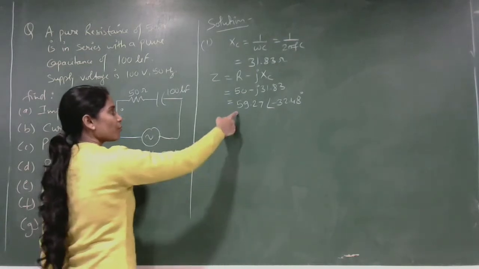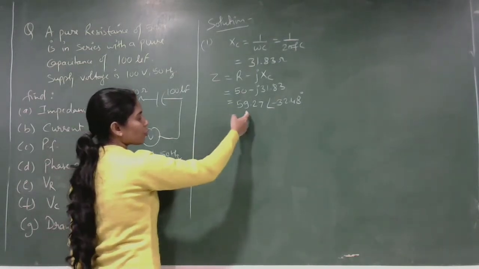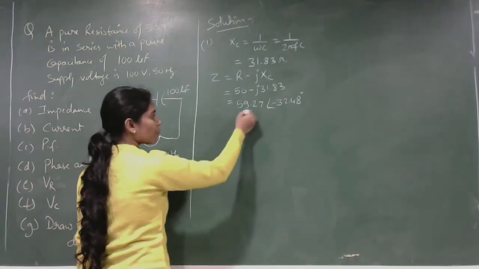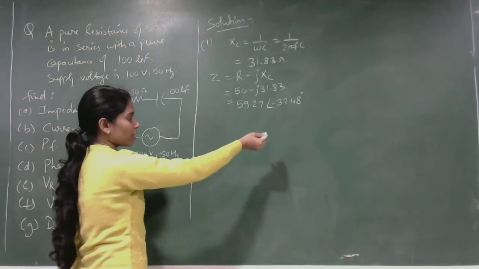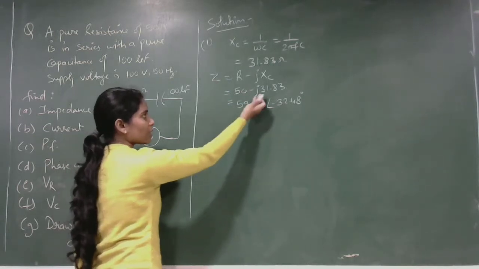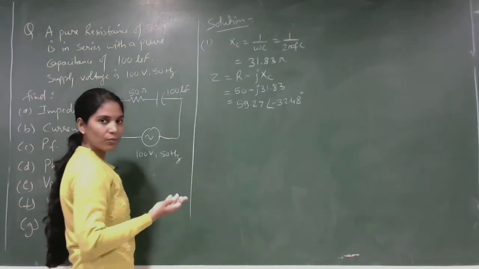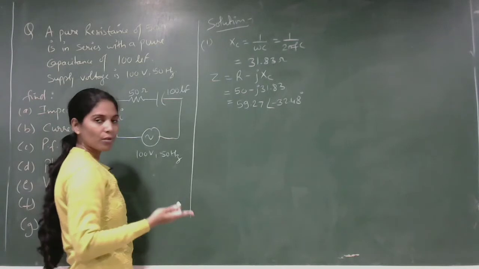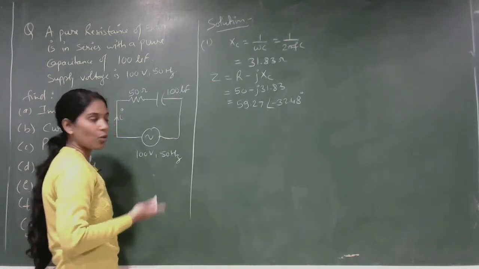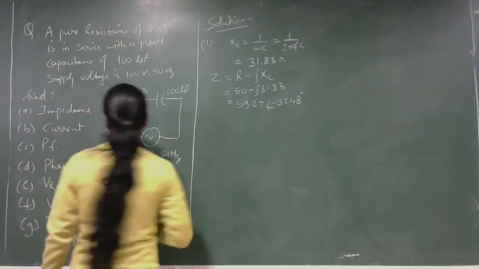So this is the value for impedance in polar form. I prefer to take values in polar form because in polar form I get the magnitude along with the phase angle, so I get these two values in one solution. That's why whenever I get an answer in rectangular form, I convert it into polar. We have a separate video on how to do the conversion with the calculator. Hope you have watched it. If not, please go and watch it because we should know how to operate the calculator. So this is the total impedance, and we have completed our first part.